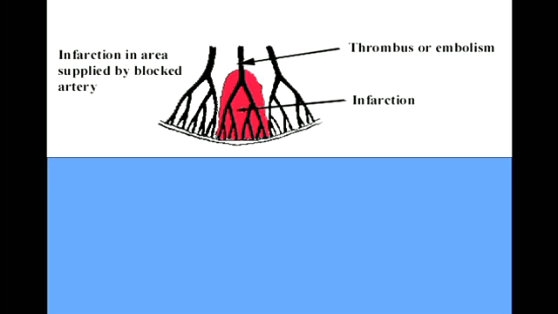So here, this is, for instance, maybe the kidney or the spleen. And what normally happens in a thromboembolism of the kidney or spleen is that they have these things called end arteries, and when we block one branch, it only kills off one section of, say, the kidney or spleen. So infarction in the area supplied by the blocked artery. Okay? So you don't kill off the entire tissue. And the kidney and the spleen can still function. It usually only happens in a segment.